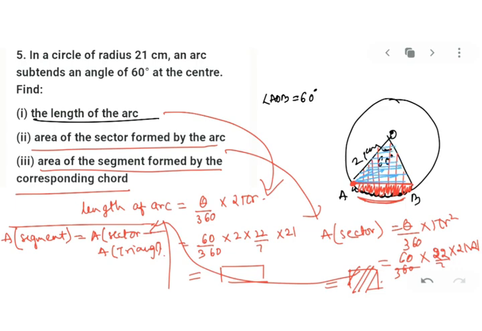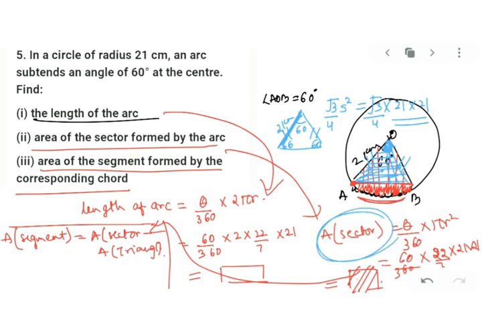इसकी area find करनी है तो how you will find? This is 60 degree here in between. My dear kids, this is the radius. Radius are equal. So if you have a triangle like this is 60, these both are equal. So this also will be 60, 60. So hence it will become an equilateral triangle. And this is given as 21 centimeter. The side is given as 21 centimeter. For equilateral triangle area, you have formula root 3 upon 4 side square. So from there you will get root 3 upon 4 into 21 into 21. So that will be your area of triangle. Area of sector you have already found here, and area of triangle you will find from here.